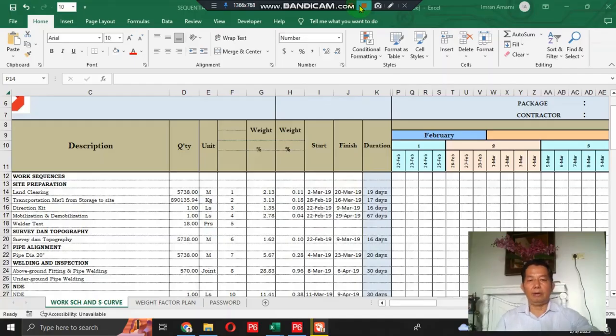Okay, now how to create a work schedule and S-curve with a special function which can change automatically if there is any change in the duration of the works, start and finish. So will the weight factor, and ultimately this will also affect the shape of the S-curve, which will also change automatically. First thing that you have to do is put your cursor here, and then we will take the weight factor, the second weight factor I mean here,